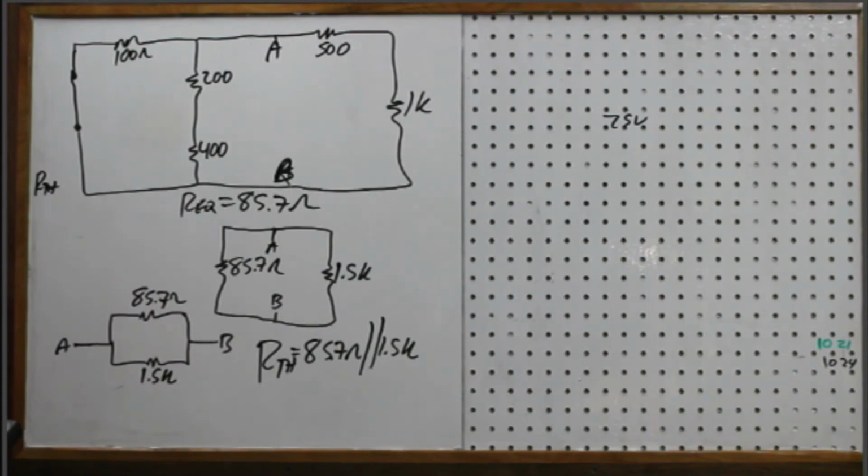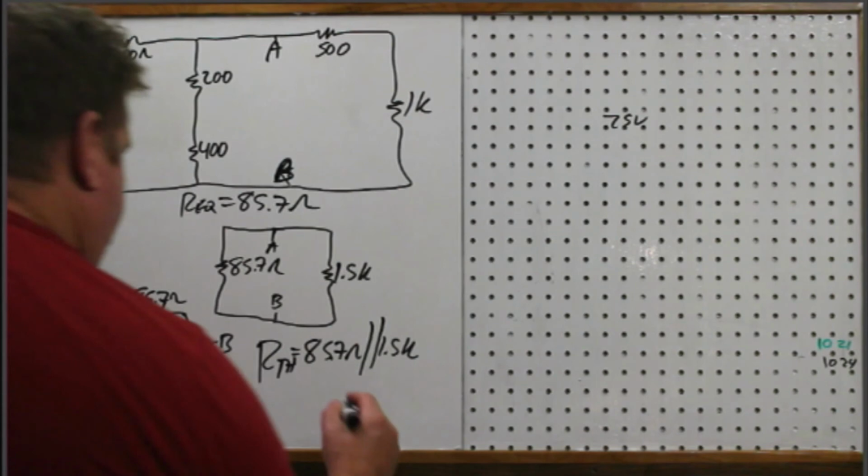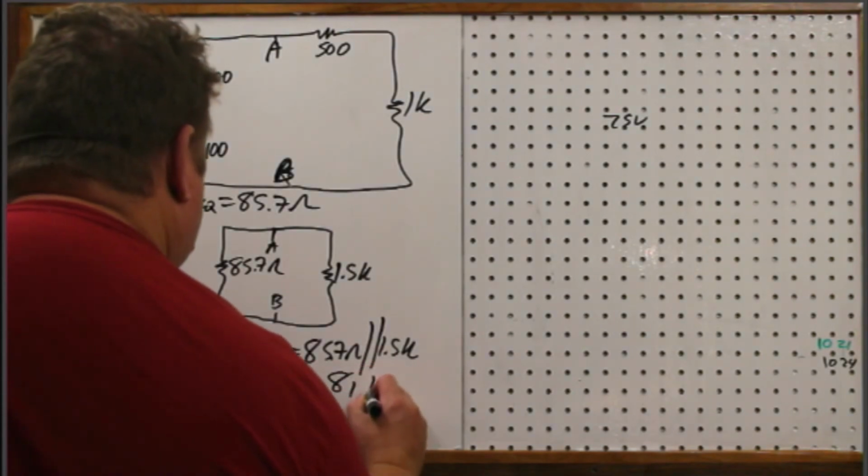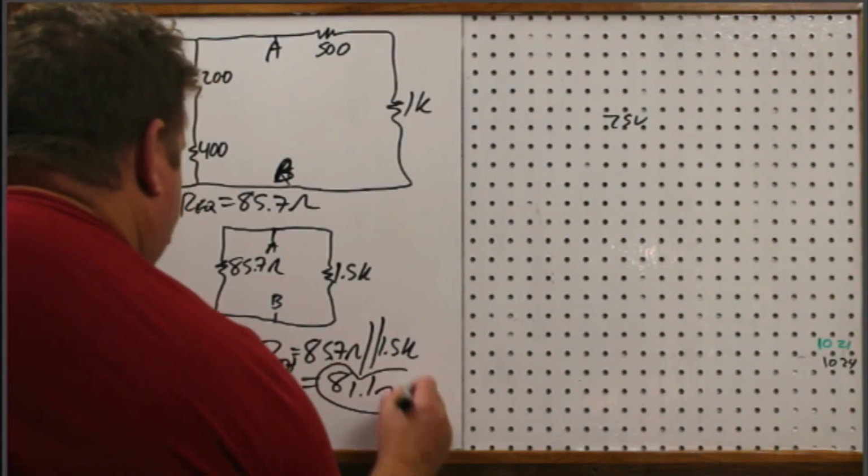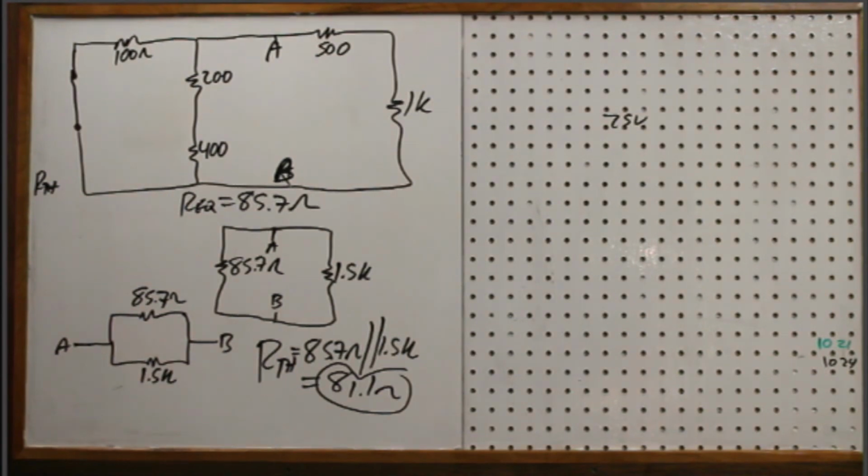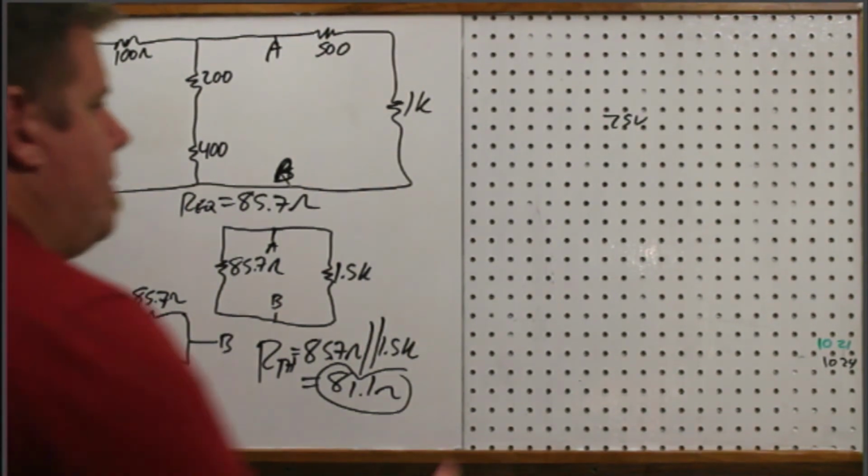Take the whole thing to the negative 1, and we get 81.1 ohms. Remember, it has to be smaller than the smallest value, which is 85.7. Okay? Alright, so 81.1